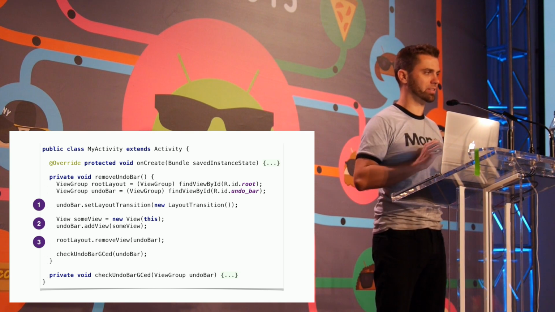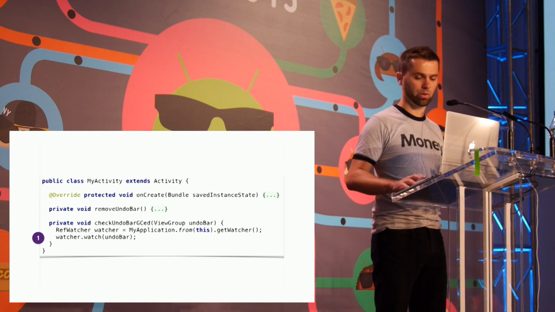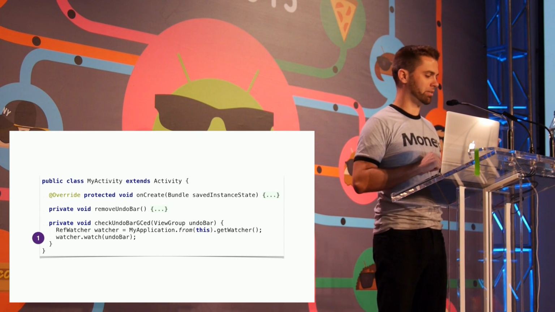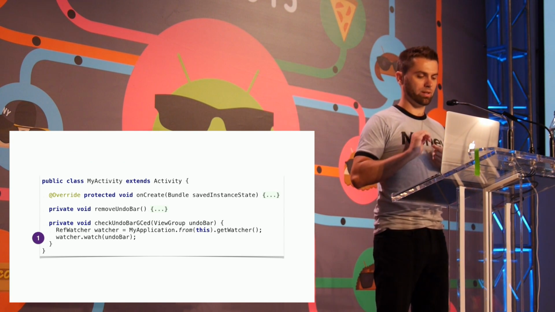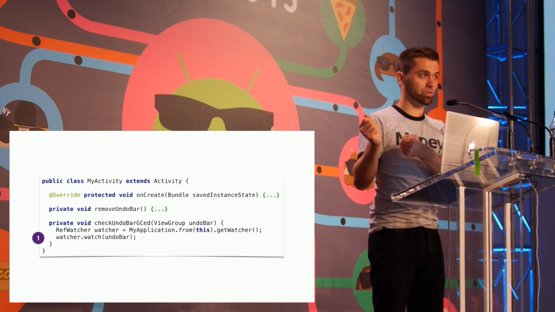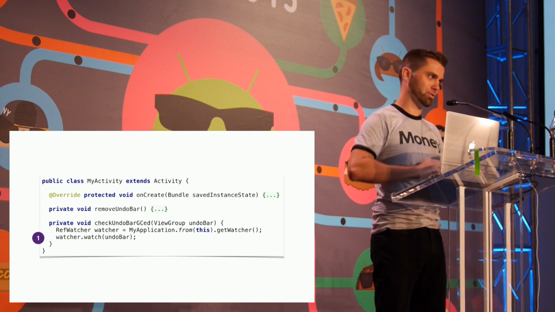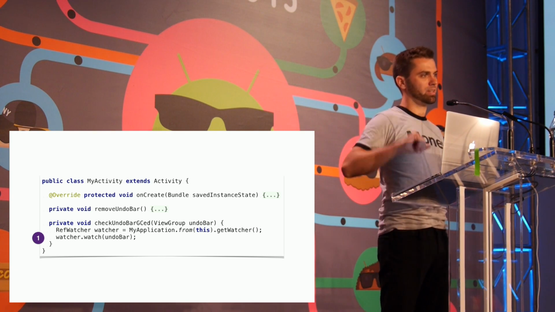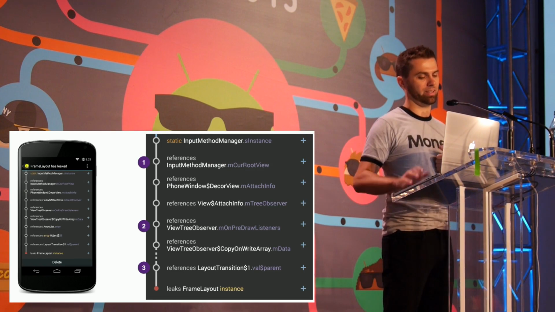And if not, then we have a problem. So we want to check that. So we use the LeakCanary API to say, hey, this undo bar should be garbage collected soon. Please check that in a few seconds. So we do that. We run the app. We remove the undo bar, and we get